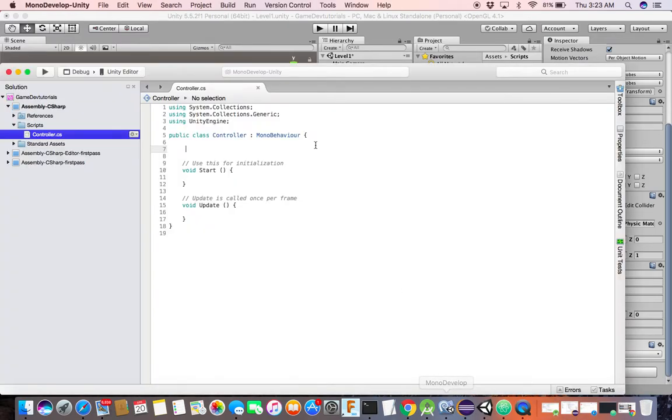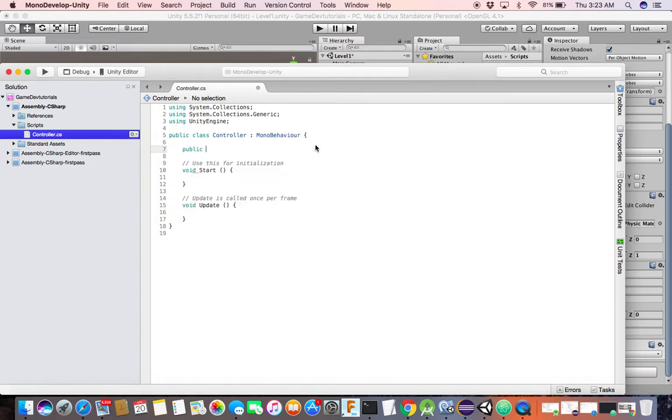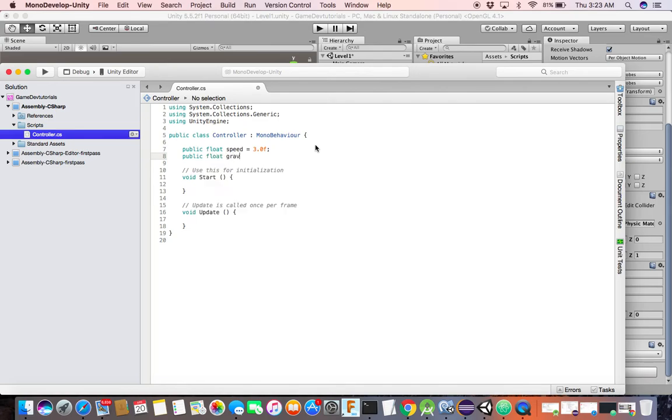Alright, so let's go to MonoDevelop. So now what I'm going to do is create a public float variable. So I'm going to say public float speed equals 3.0f. Now I'm going to create another public float variable called gravity. And we want to initialize gravity to 9.81f